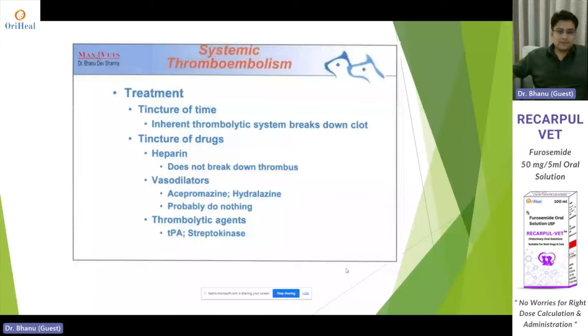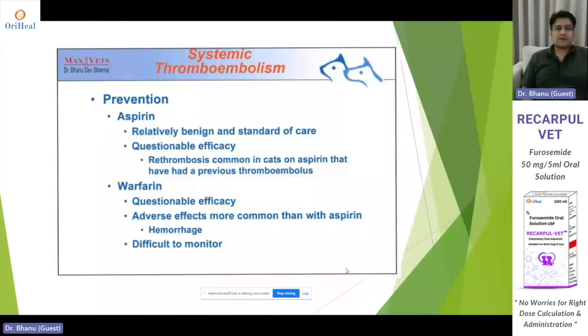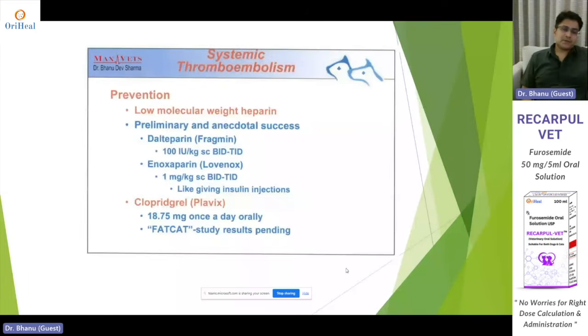Prognosis, as I said, is often poor. Often it is some underlying heart condition, HCM, DCM. Rethrombosis is also common if the cat is able to get through the first episode. So that is why the prognosis overall is not good. Prevention, well, aspirin was used previously. In fact, in a lot of places it is still used. I would say still it is a good drug, but in my next slide, which I'll show you, the new